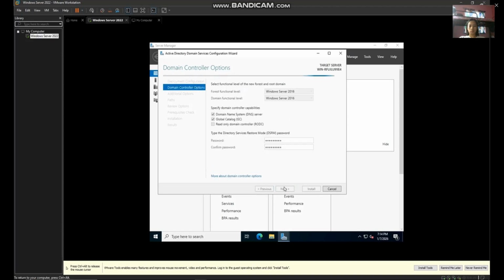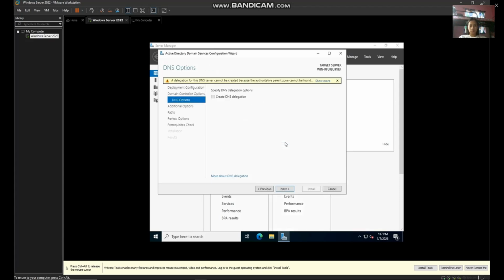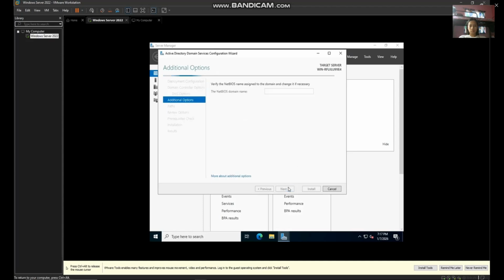We can type the password again. Then DNS next. Additional option. Wait until it's done. It reloads.